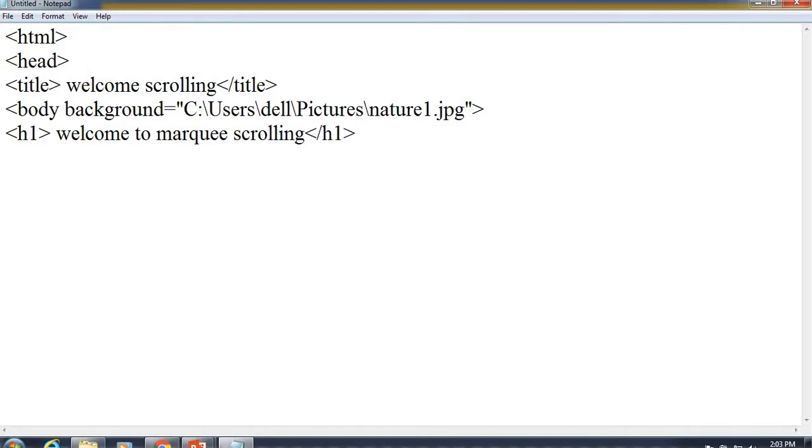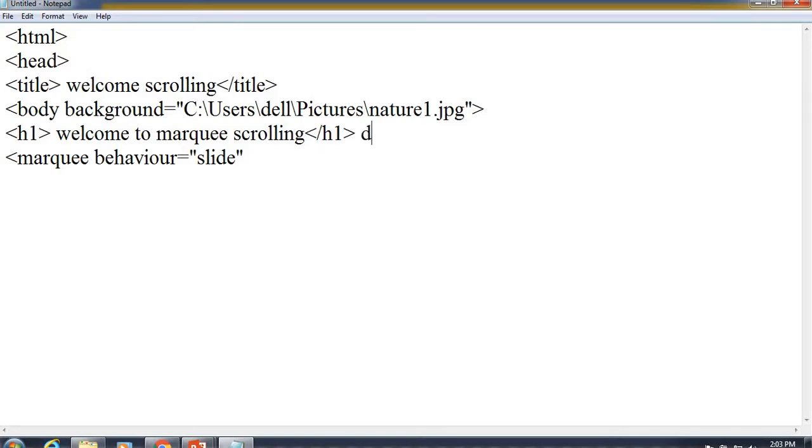The basic tag required for the scrolling of images is marquee. Here the property name is behavior. Behavior equal to, I am going to add as slide. So we are moving that image in our required direction.